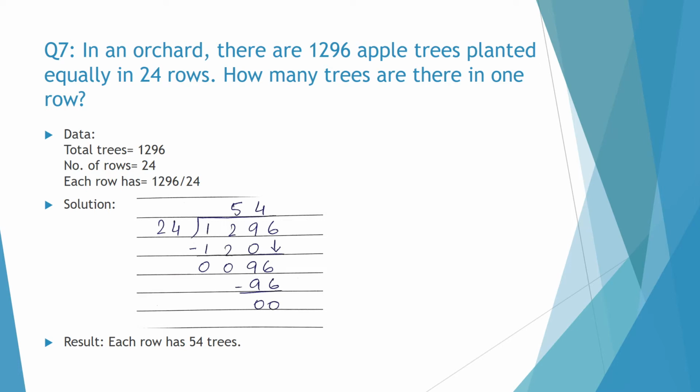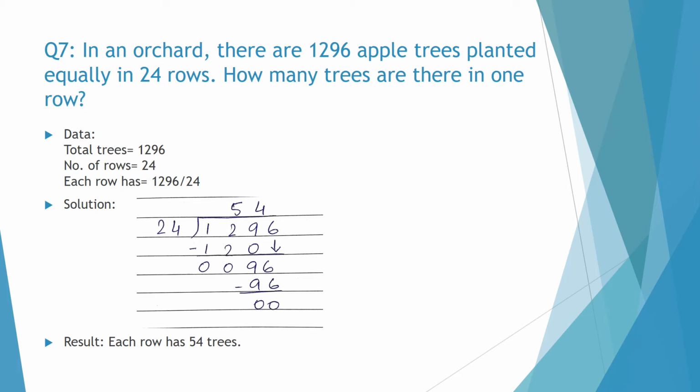We all know that we don't know the table of 24, so you can do the multiplication rough working on the side of your copy. Make a rough column and do the working there. Now, first we will see the first number, that is 1. It is less than 24. We will see the two numbers, 12. It is less than 24. So we will be considering the first 3 digits.